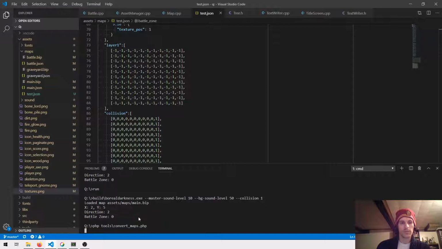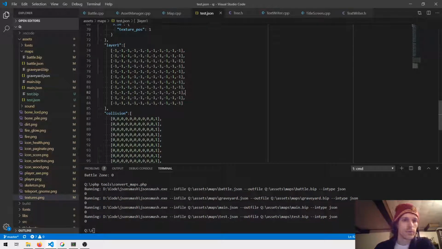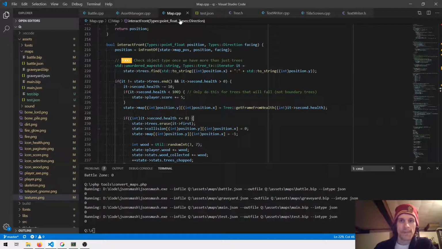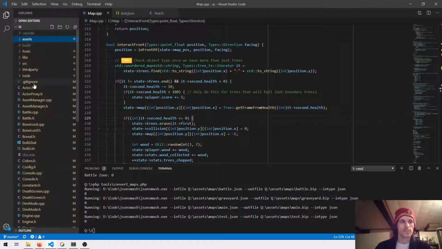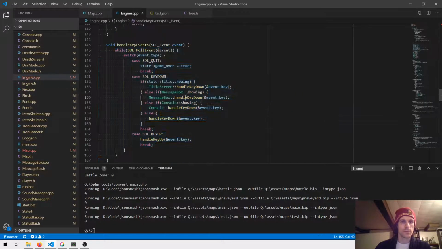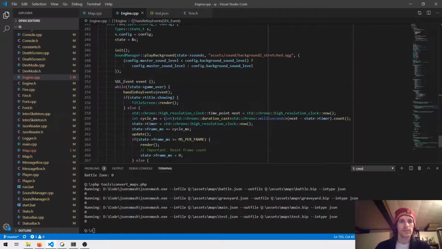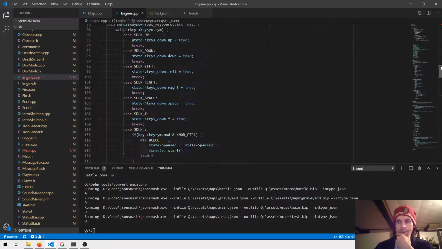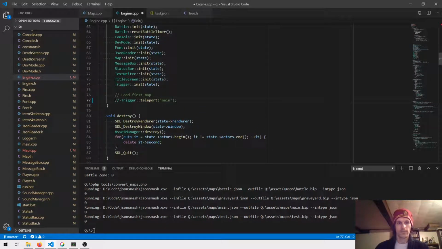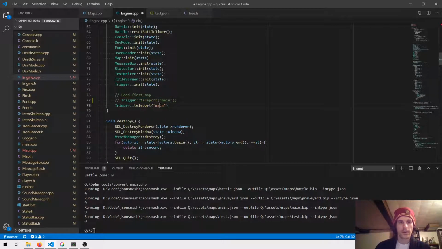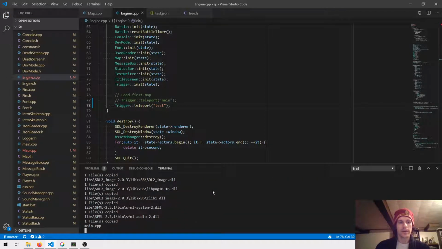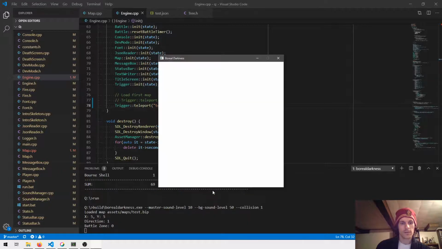Just going to run a PHP script to convert that map into the CBOR type, as I had mentioned before in a previous video. Now, let me close some stuff here. Let me go into the engine code and we'll just arbitrarily load up test as the default map here. I think that's, yeah, that's here in the init. So if we build that, it should pop us right into that